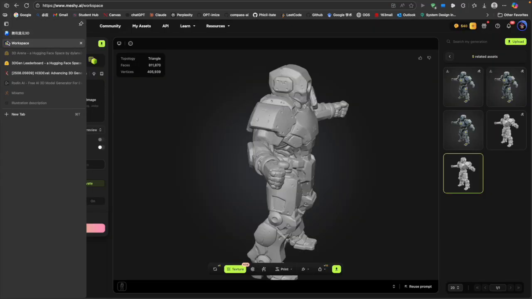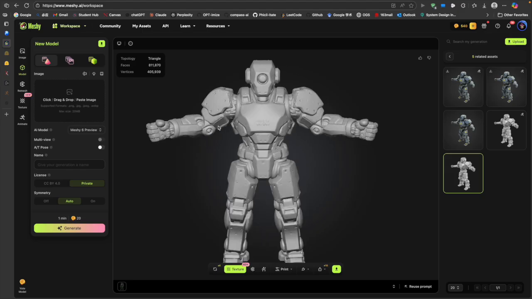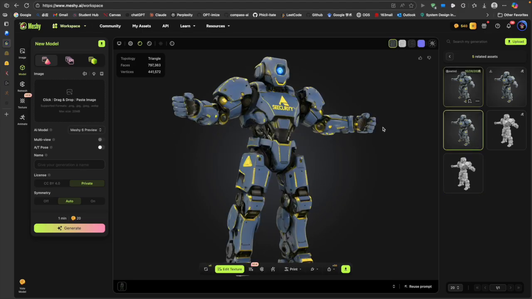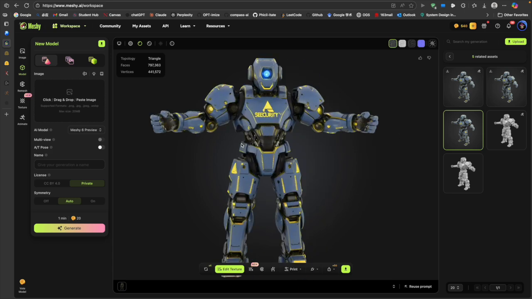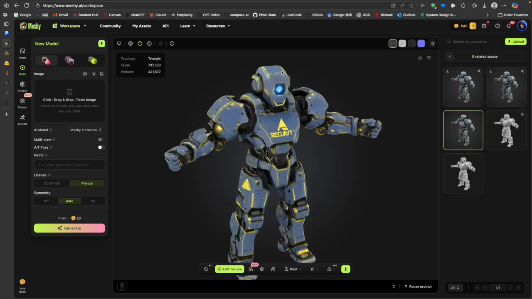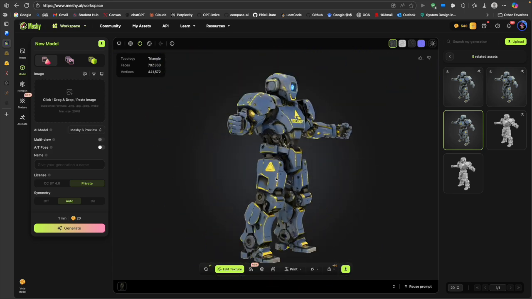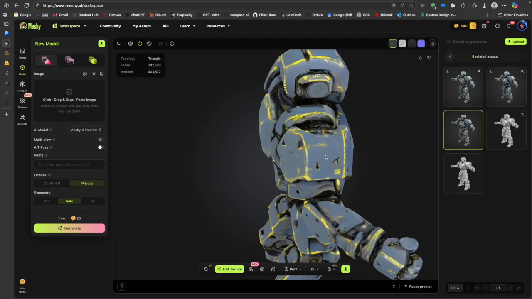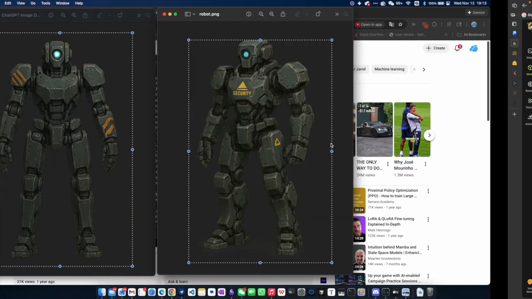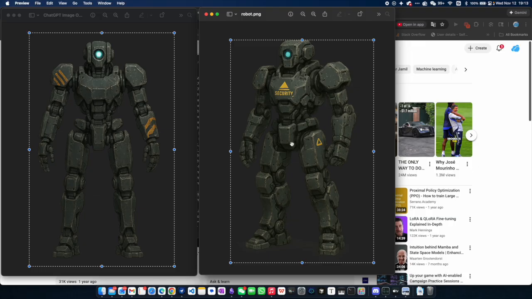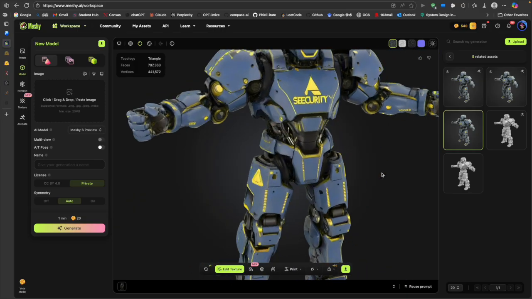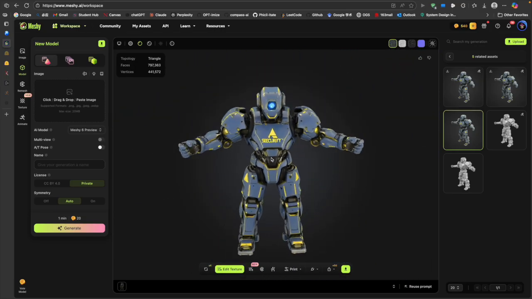So here we use another model, another tool, which is called Meshy AI, to generate the texture. Meshy AI's texture generation is actually not as good as what we have in Tencent. We can see that the texture looks way newer, and it failed to mimic the color of the original image prompt. But this is basically why, in the first place,